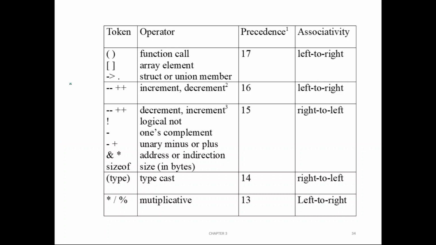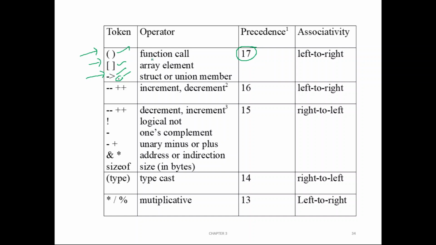So in an expression, if you find things like open bracket, close bracket, or open square bracket and close square bracket, or the arrow operator or the dot operator, these are used for accessing structure members. When you access a structure member using a normal structure variable, we use dot. When you access a structure member using a pointer variable, we use arrow. If any of these operators are there in the expression, then that part will execute first, and it has the highest precedence. Its precedence level is 17.